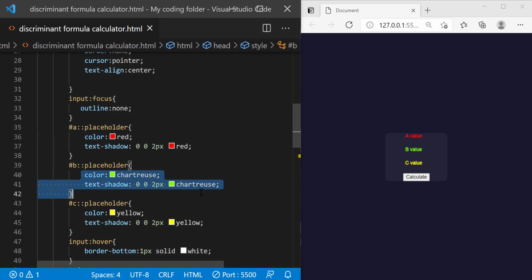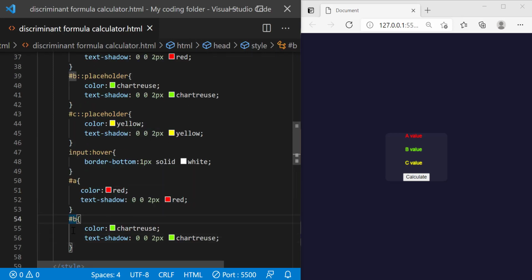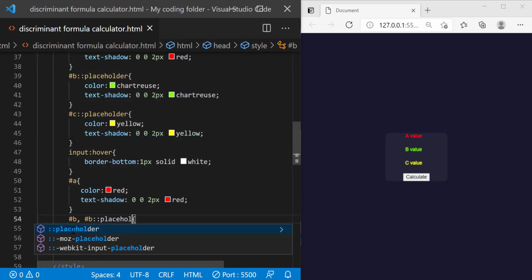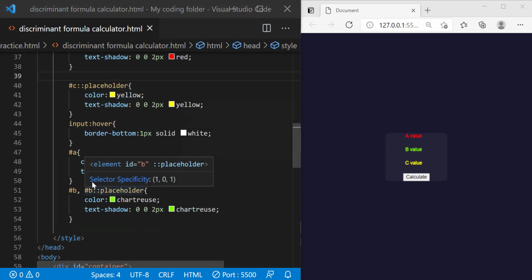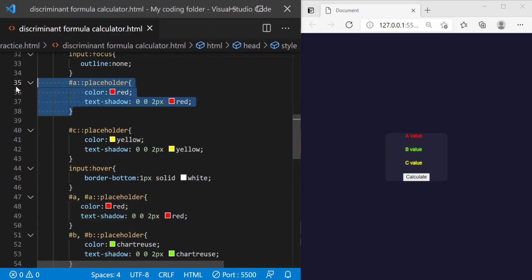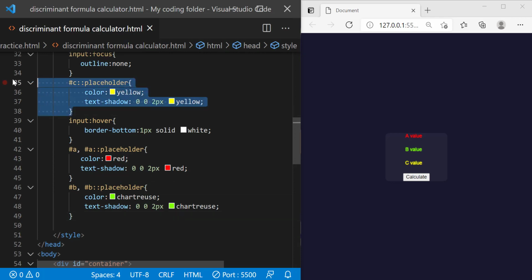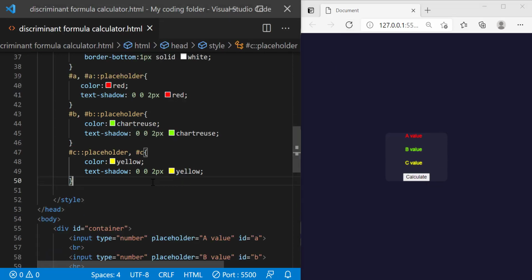So just go grab this value right here, and actually to organize our code up a little bit, we might as well do this. So we're going to use that comma notation and just do #B placeholder. So now we can get rid of this, and it still works just fine. That just cleans up our code a little bit. And then we can do #A placeholder, and now we can get rid of this. And then we can also just take this, put it down here, and add our hashtag C. So now if we type in something, it will still be the same thing as the placeholder. That just cleans up our code a little bit and makes it much more readable and concise,